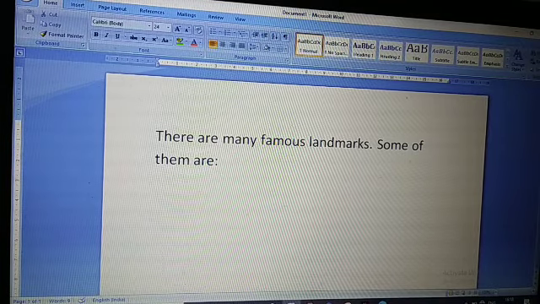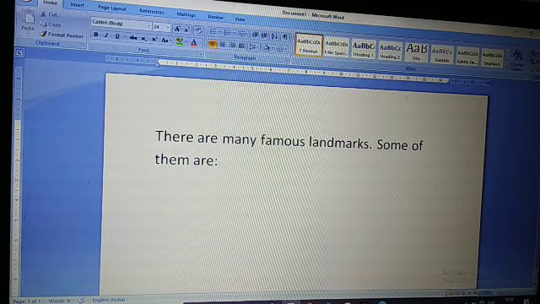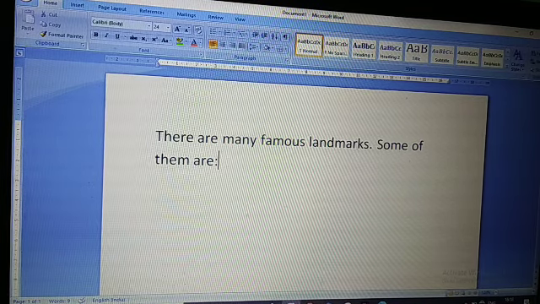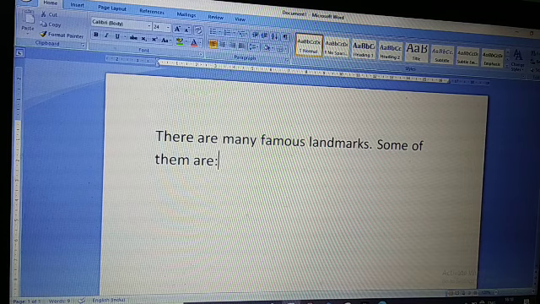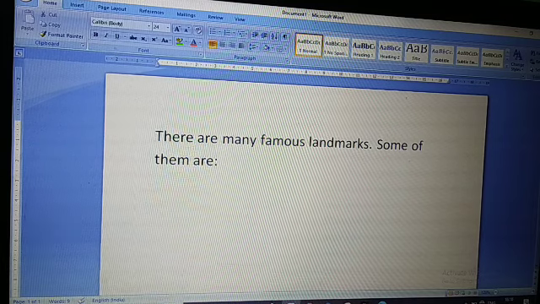So today I'm going to teach you this chapter, this software, MS Word, word processing software. This is the most popular software which is used for creating text documents. Okay, text document. It is a word processing software.